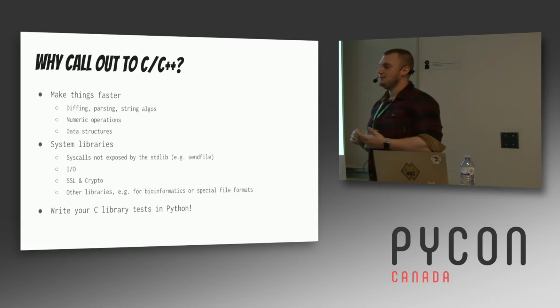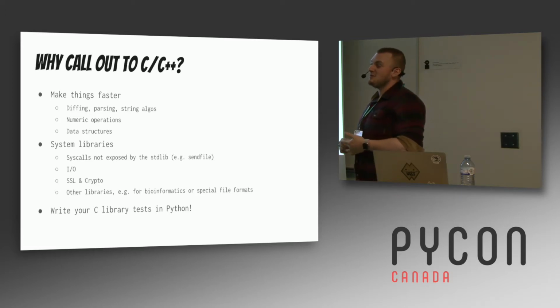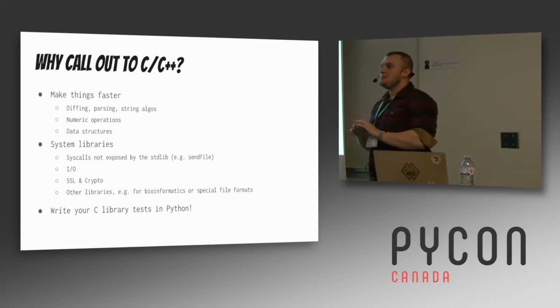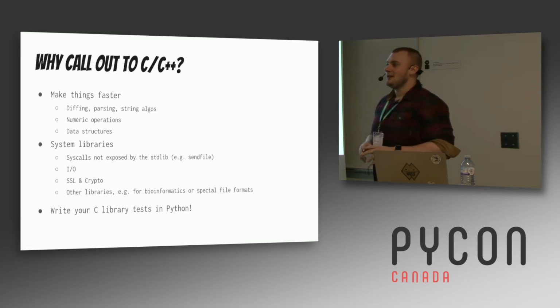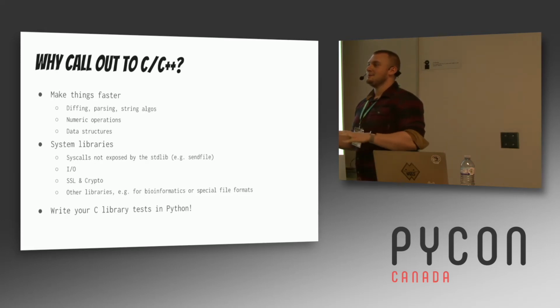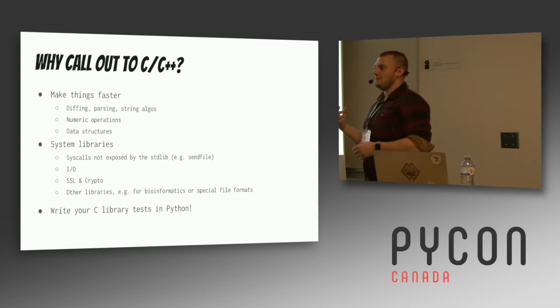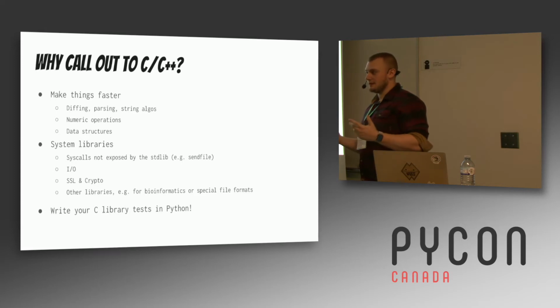A lot of crypto libraries you don't want to be implementing in Python yourself. You probably don't really want to be trusting someone else's implementation of them in Python. And then there's a host of other really useful libraries, C being the lingua franca of modern computing. C and C++ will often be the first languages that libraries for a common file format are written in. Things like Thrift and Protobuf are great examples of where the C++ library is almost considered the reference implementation. I actually know from personal experience, a lot of bioinformatics formats, the reference implementation of a format will be in C++.